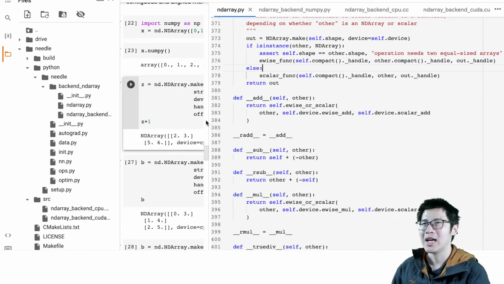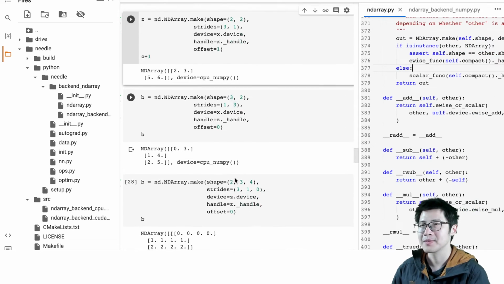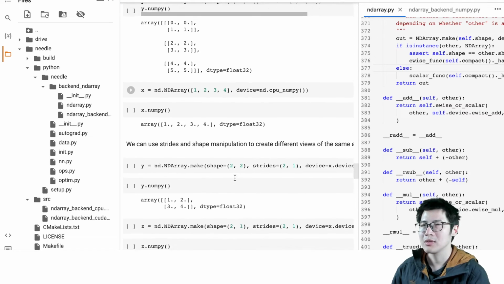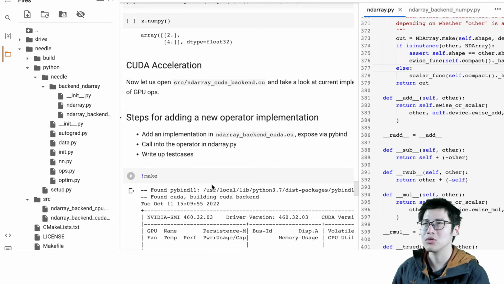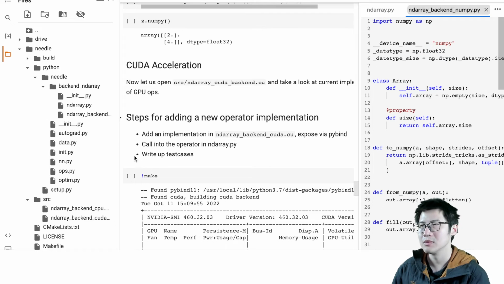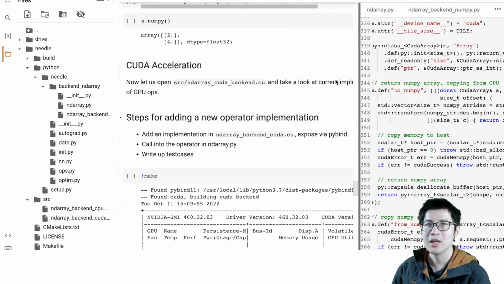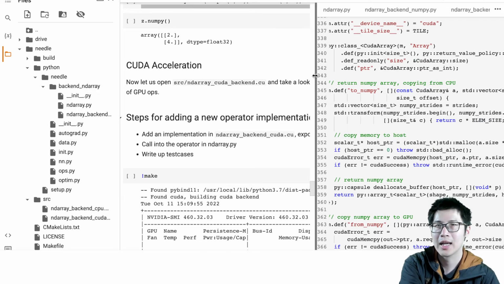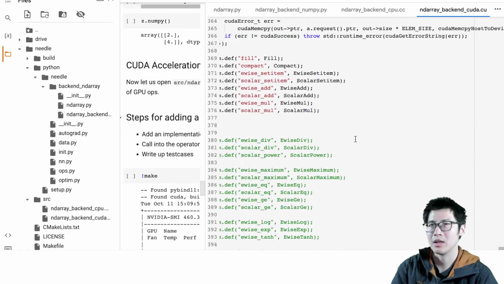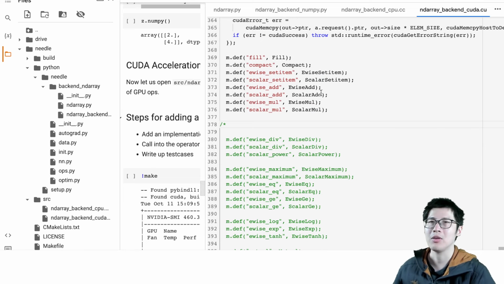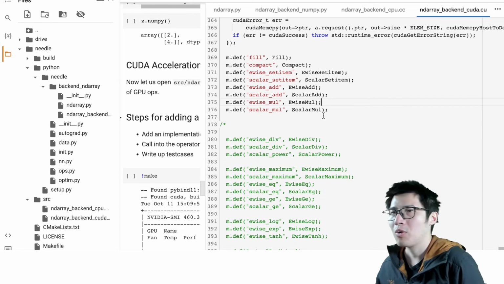Okay, so that is how we do memory slicing and compacting. Now let's come back to the example code. One of the things we want to notice is that we can do GPU acceleration. So let's take a look at the GPU acceleration code here. In this code, we can find that there are different definitions. For example, right now we define ewise add and ewise multiply, and let's see, what if I want to